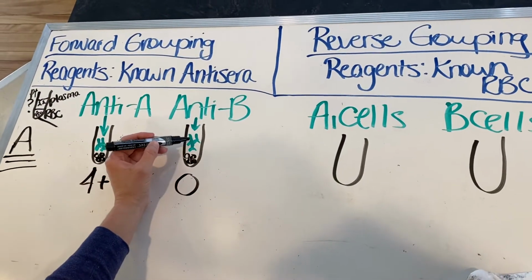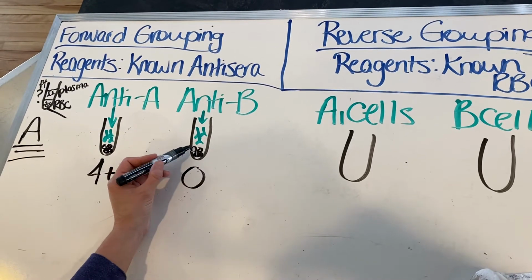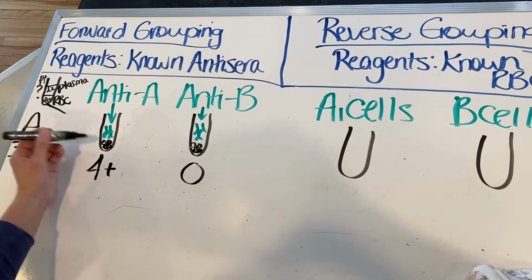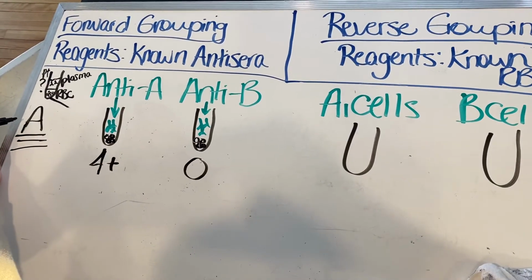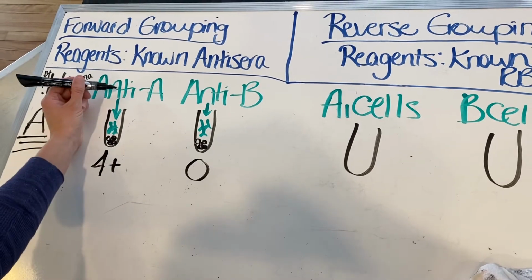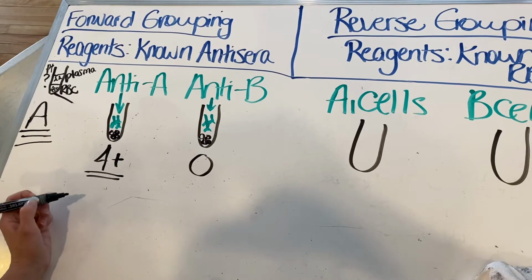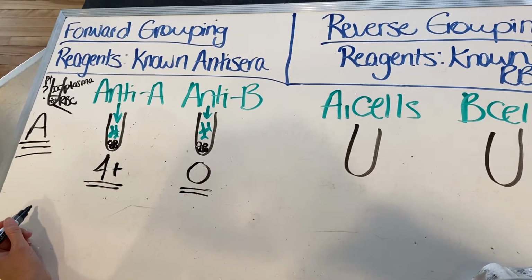These anti-B antibodies are not going to agglutinate these red cells because there aren't any B antigens on there. There's A antigens, and that gets picked up in this one. So if a patient's group A, that means they have A antigens on the red cell surface, and the anti-A reagent will detect those and agglutinate them, and you'll see a 4+. And then you'll see a negative reaction with the anti-B because there are no B antigens on a group A